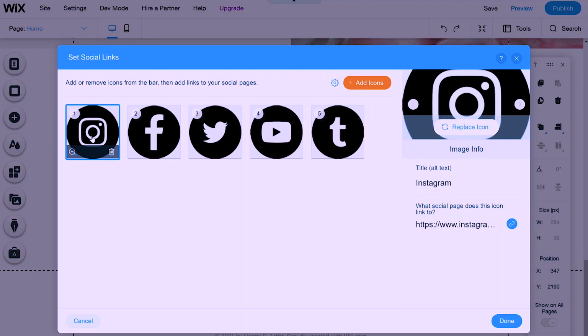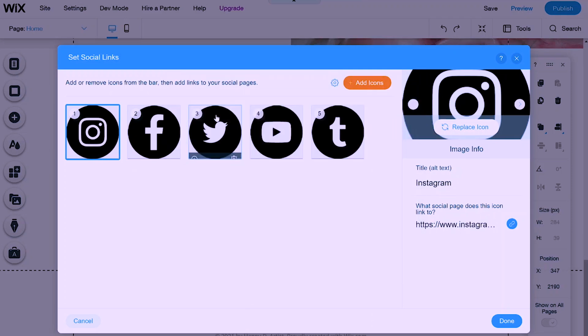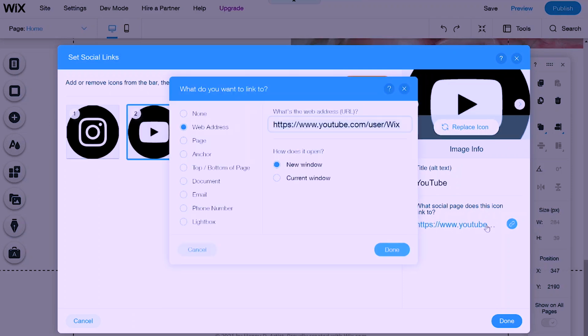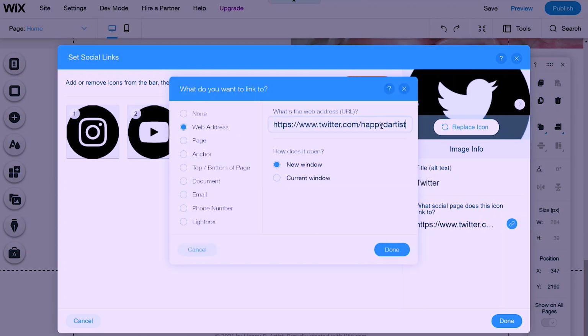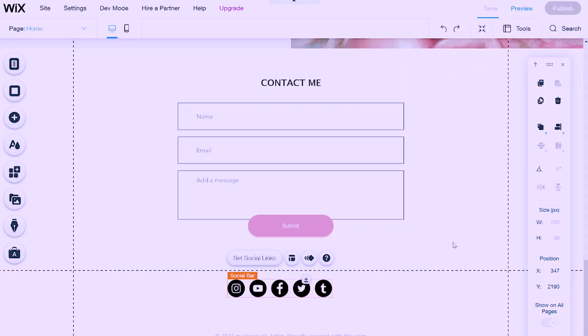I think these social media icons are crucial to any website, and I highly recommend them, especially if you want to put them in your header or footer so that they can be seen on every single page of your website. These social media icons are useful because someone might find your website through your Instagram and then discover through your website that you have a YouTube as well. So it's just a nice, quick, and clean way to get all of your social media links out and easily accessible.